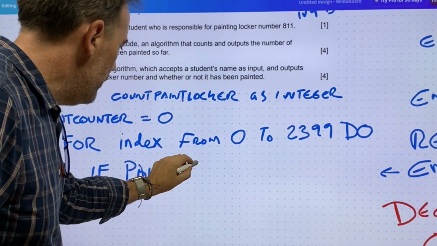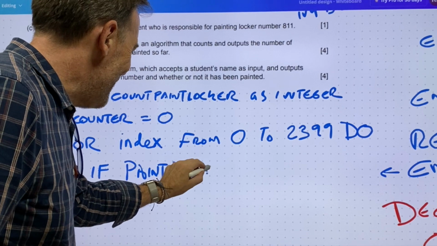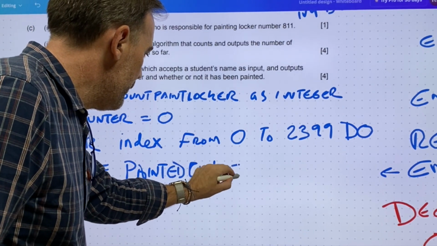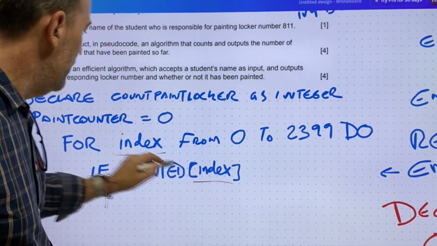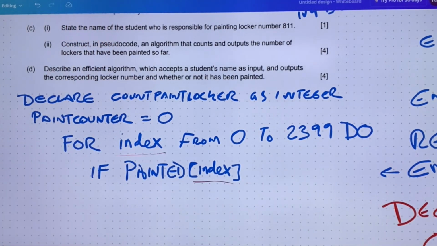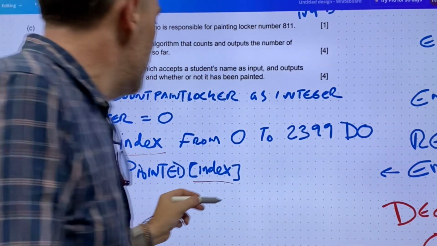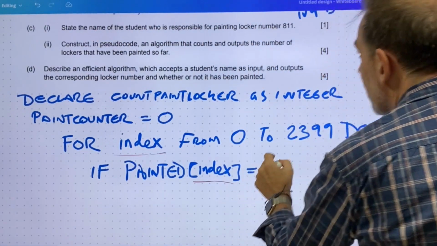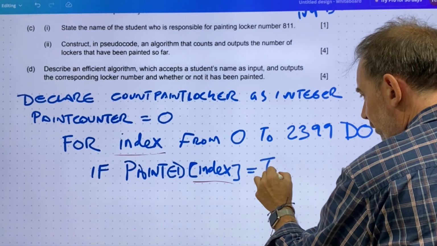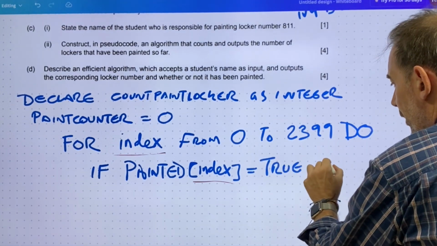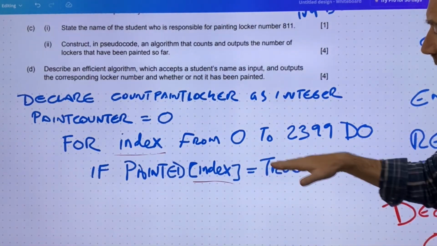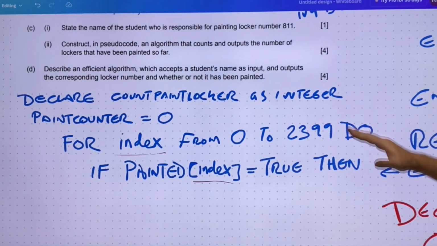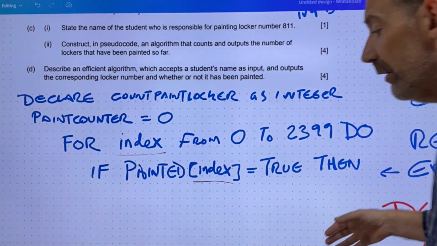So if painted index value, I'm using this, okay. If painted index equals, and I think it's spelled like this, equals true, then, what we're going to do then,